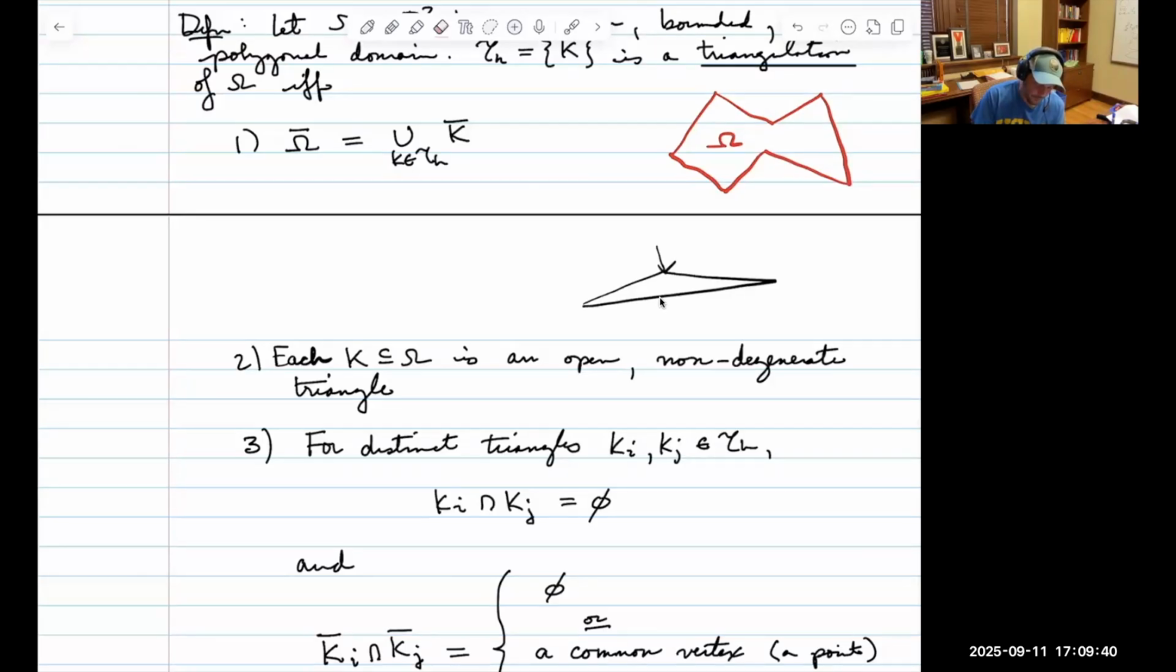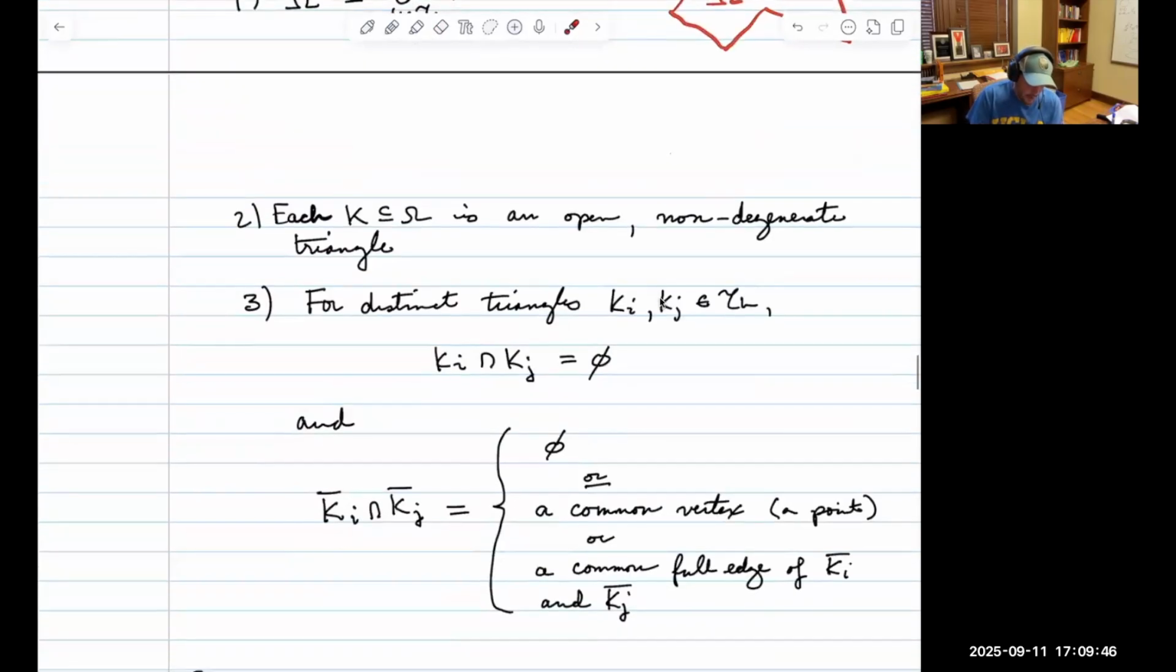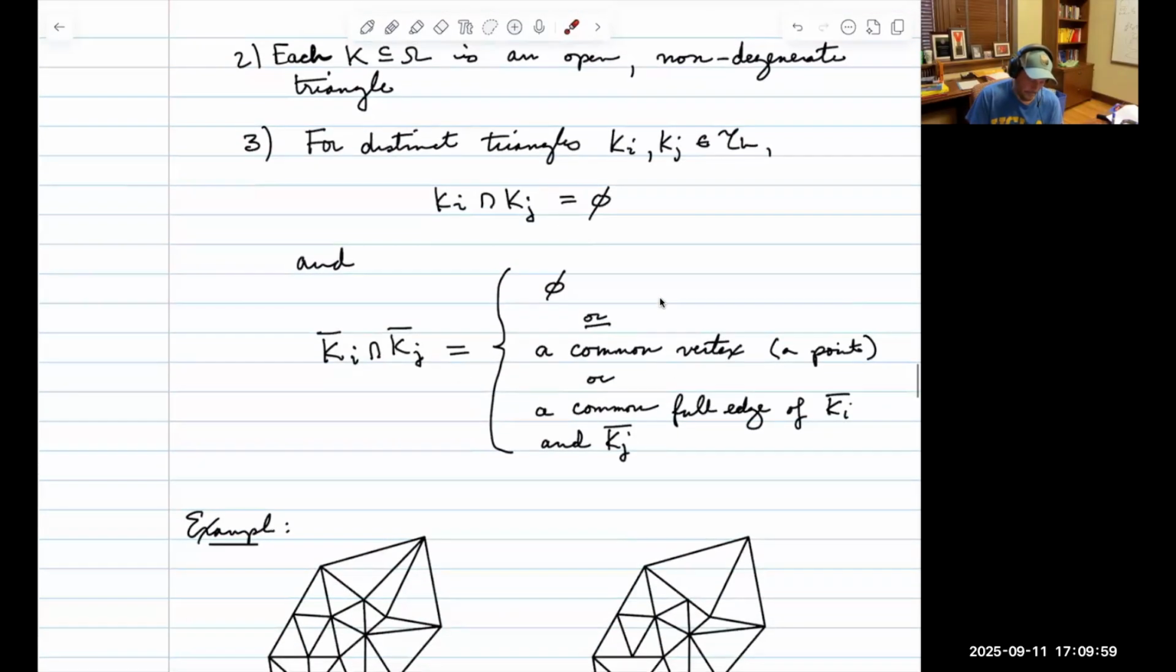Non-degenerate triangle. And then lastly, I think that's the last one. Yeah, the third one. For any two distinct triangles Ki and Kj in the collection that are disjoint, I should say, such that for any distinct triangles,